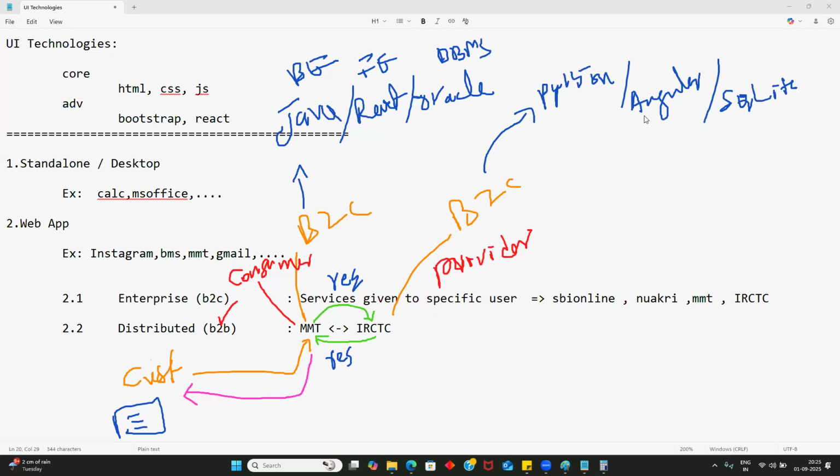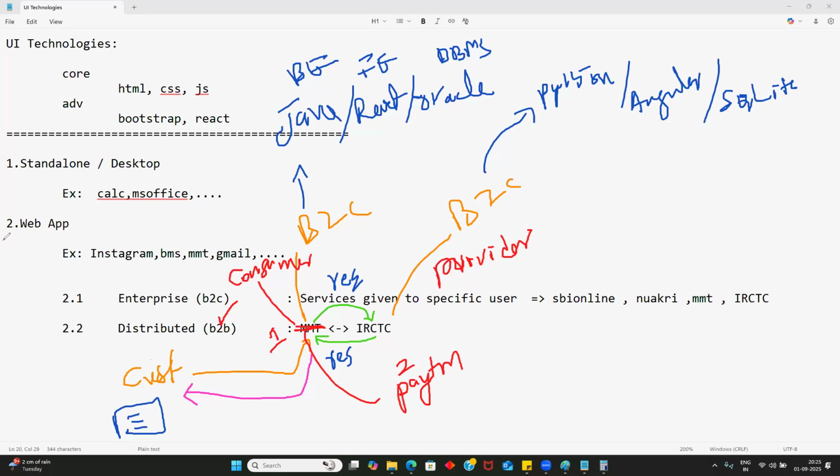Thanks, buddies. Let me change this MakeMyTrip to Paytm. I'm sure among you, somebody already booked some tickets from Paytm. Now, can I say IRCTC's first consumer is MakeMyTrip and another consumer is Paytm? Yes, you can use a thumbs up symbol.